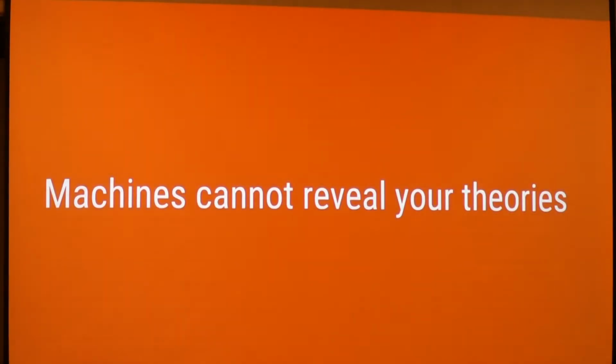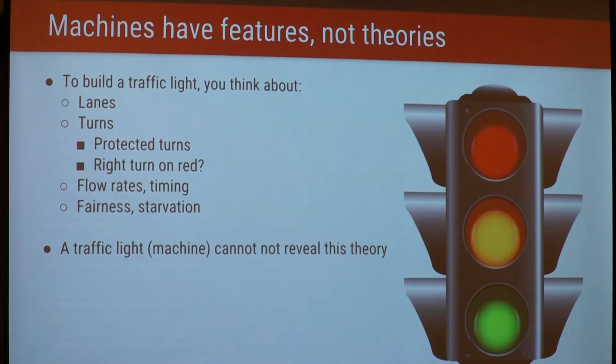Here's a problem. Regular machines cannot express theories. Software can express theories, but regular machines cannot. So here's an example. If I ask you to build a traffic light, and I'm talking about the actual machine